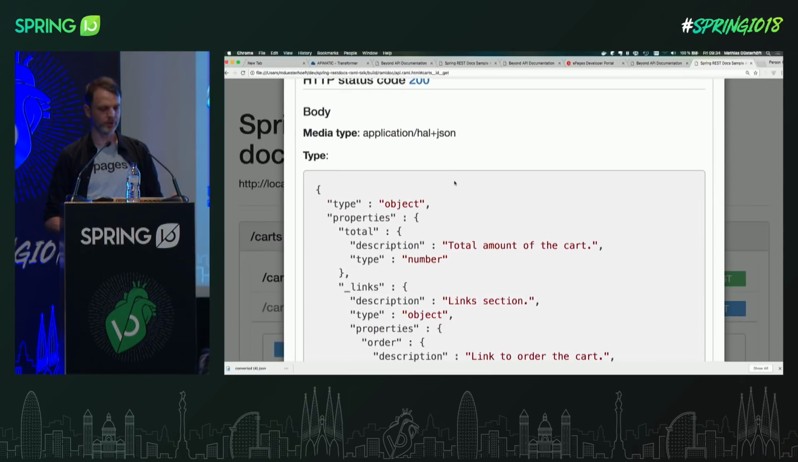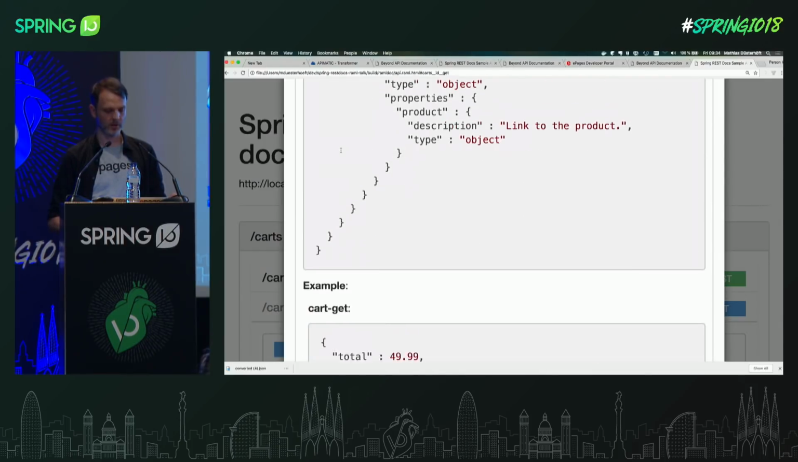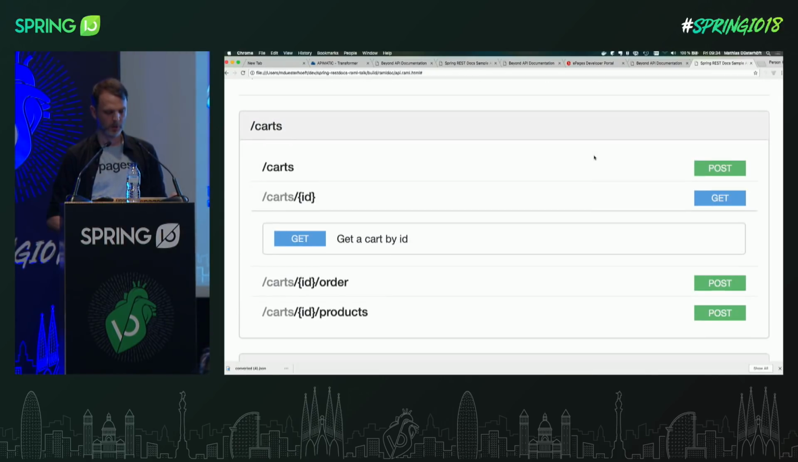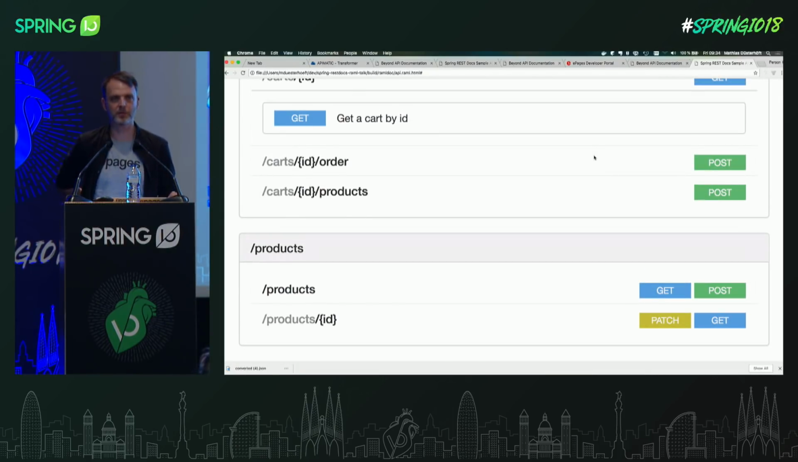So the response will just give me now the media types and the type information. So we get the JSON schema here, and then we get some examples here. Okay. One thing that I'd like to show you, a nice feature of RESTdocs RAML with this